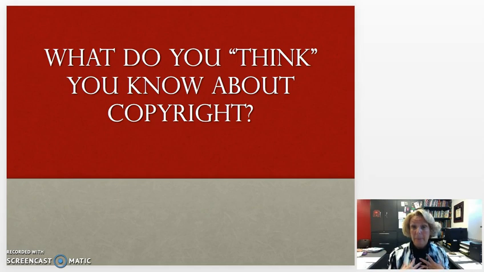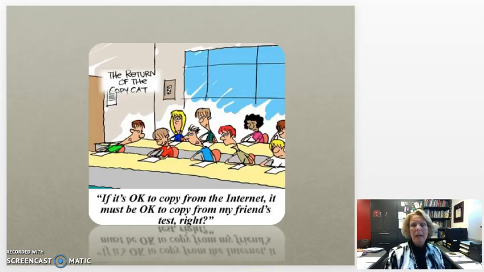And it gives me an opportunity to find out, what do you already know or think that you know about copyright? I'm going to share this comic just very, very quickly. And for me, it's kind of the first line of this comic. If it's okay to copy from the internet,